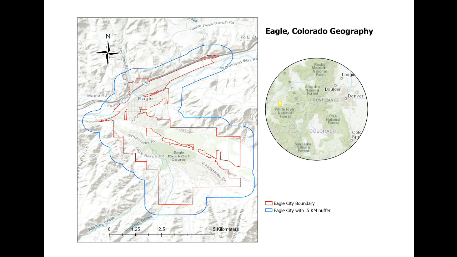Because fire does not respect political boundaries and flying embers can travel quite a distance, I chose a half-kilometer as a study buffer. Eagle has seen substantial growth over the past 20 years. The Census Bureau reports that the population more than doubled from 2000 to 2010 and is expected to top 7,000 in 2020. As such, human-driven development is moving into the mountains, hills, and forests surrounding Eagle. This human movement has increased the wildland-urban interface in Eagle.